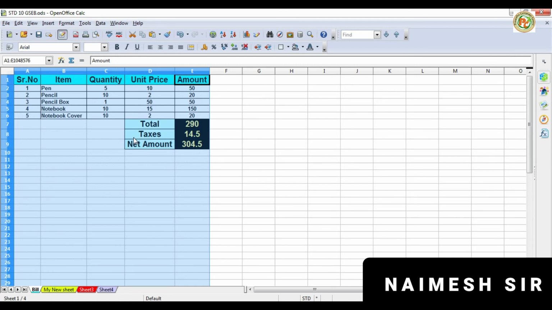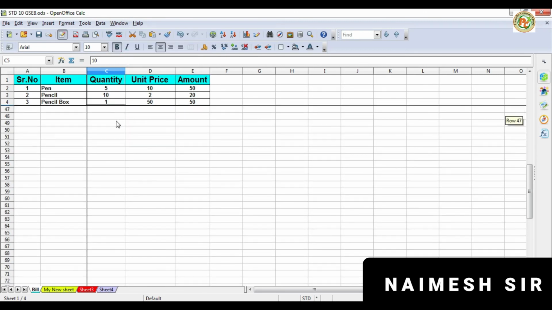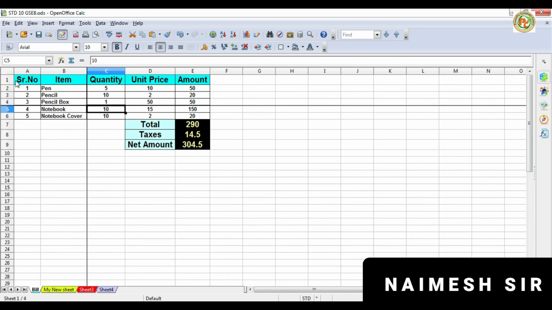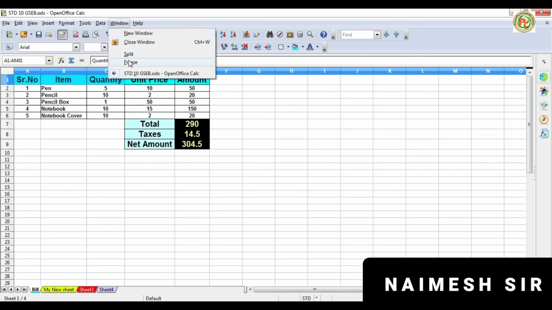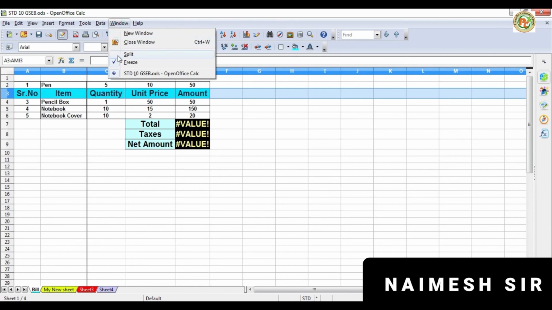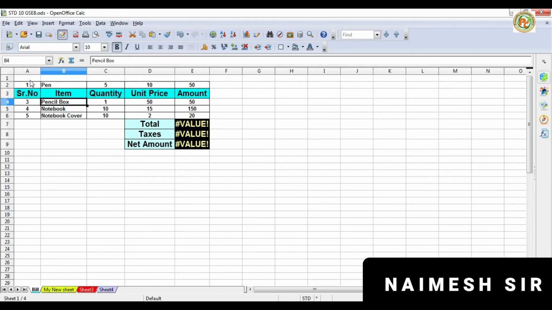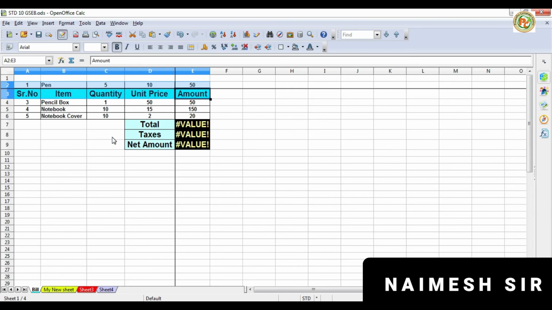To freeze the pane we have the option in the Window menu. Now see, you can move it, right, because it is already frozen, but I want to freeze only this much. I want to freeze only the first row, so go to Window, unfreeze it first and freeze it again. So you can see it is unfrozen now. You can freeze and unfreeze both, so select it and unfreeze, and again select it and click on Freeze.